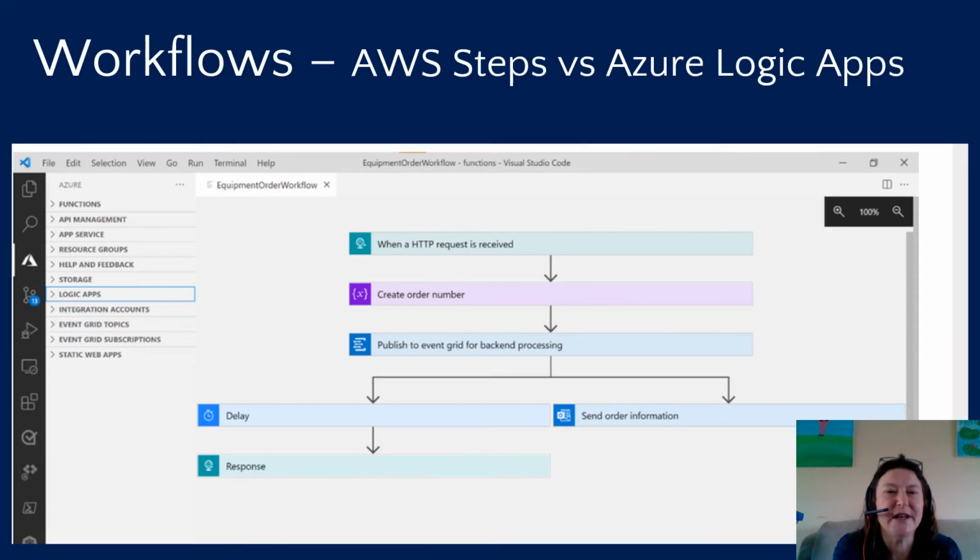So we talked earlier about AWS Steps and Azure Logic Apps. This is just to show you what the state machine diagrams look like, a simple one here. Particular states happen, and when a particular state happens, a particular function gets called. In this case,